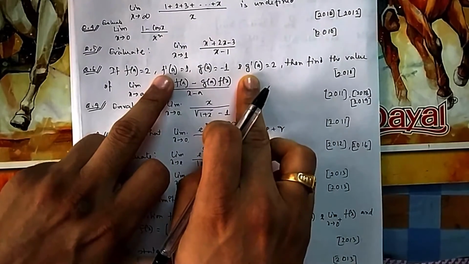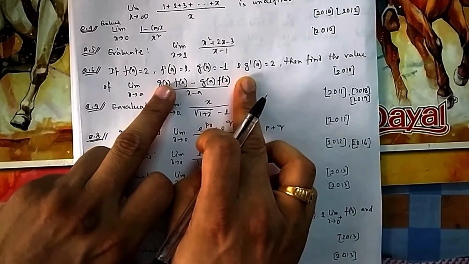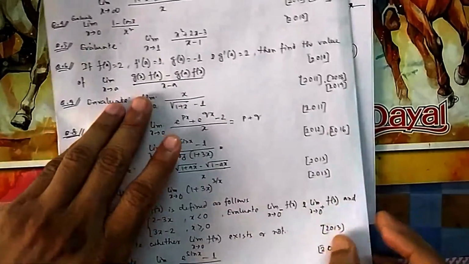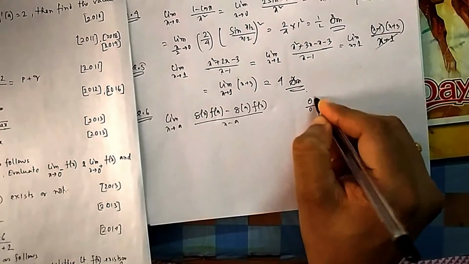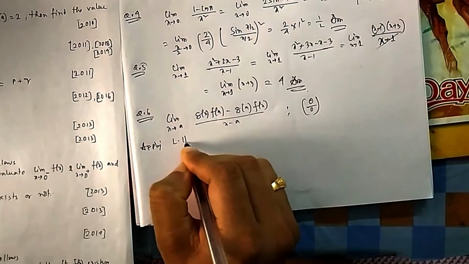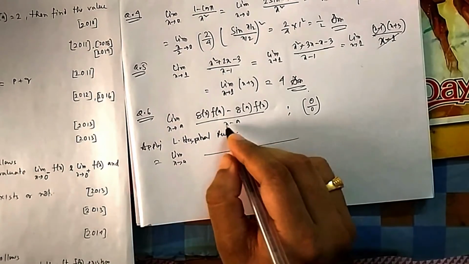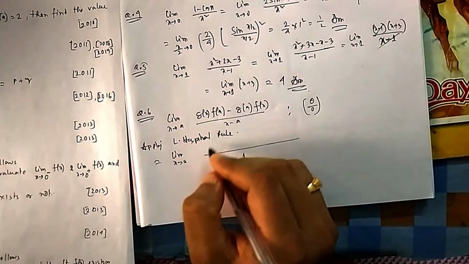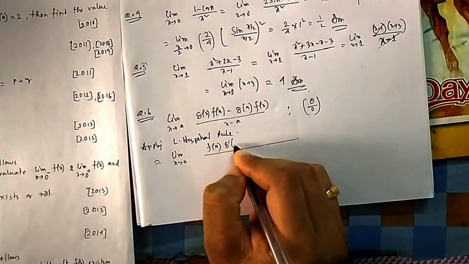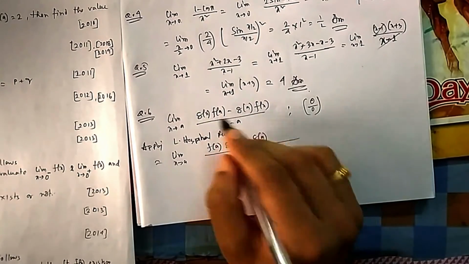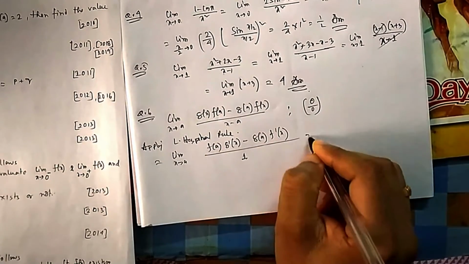But here they have given differentiation also. So in limit, if differentiation is given or involved, the only way to handle differentiation in a limit is by using L'Hopital rule. So you write it, it is 0 by 0 format. Side by side you write it, applying L'Hopital rule. In the denominator, if you differentiate it, x differentiation is 1 and this will be simply 1. And here f a is a constant, so it will be g dash x minus, here g a is a constant, because you are differentiating with respect to x, so all a's are constant, so it is f dash x. Now you put x equal to a, see whether there is a problem or not.